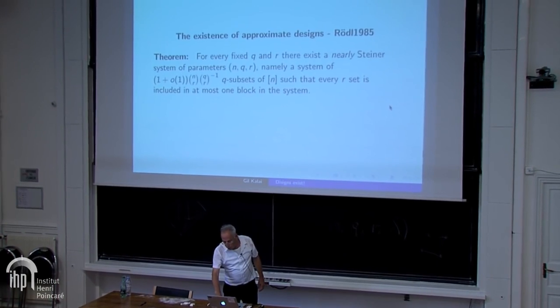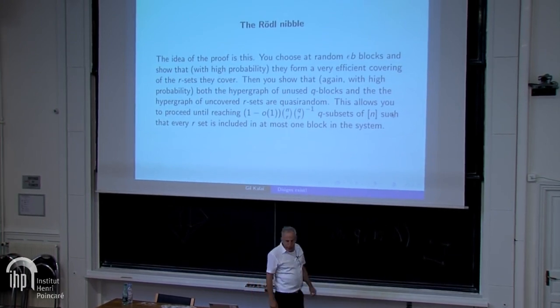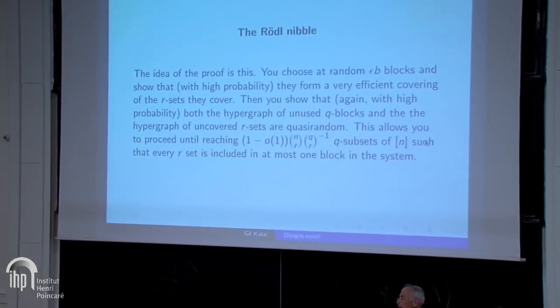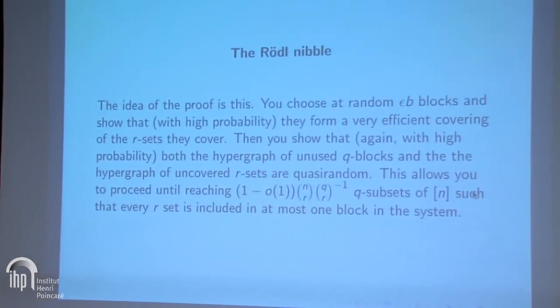What is the idea of the proof? This is now known under the name of Rödl nibble. So this is the idea of using what I call the greedy random method. This is a method which I think was introduced in some different version by Ajtai, Komlós, and Szemerédi to study Ramsey numbers. And then Rödl was able to implement it or to develop it in the way needed for the existence of approximate designs. And the idea is, what you do is you choose at random a certain